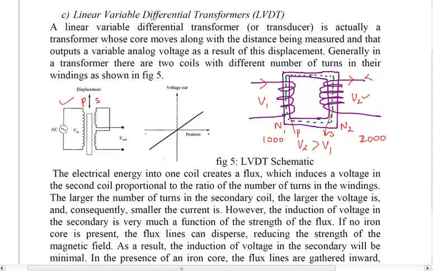Now as you can see, there will be two windings in the secondary side and only a single winding in the primary side. Okay, and suppose this is the core, this is the center core that we are having. Now in the secondary, the winding is an opposite winding. That means if it is clockwise for this winding, then here it will be anti-clockwise.